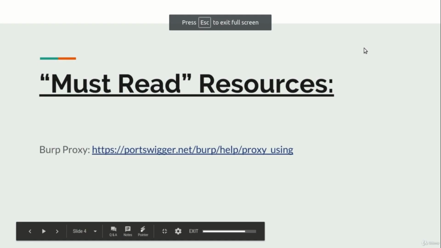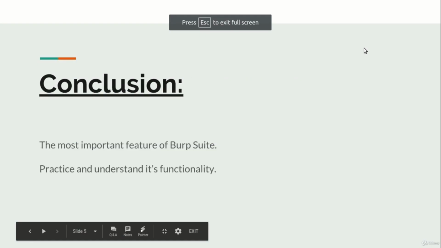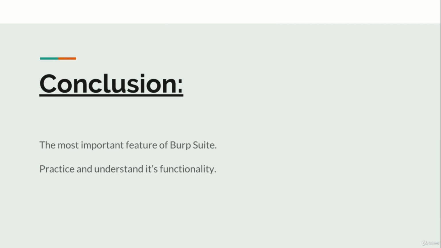And the conclusion: Burp proxy is the most important feature of Burp Suite. This is why Burp Suite was made, to manipulate the requests and responses. So you have to practice and understand how it is used. The HTTP history, the intercept option, you can always play around with WebGoat or DVWA or Mutillidae.